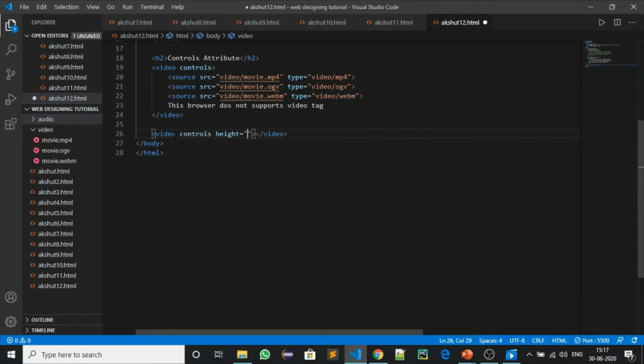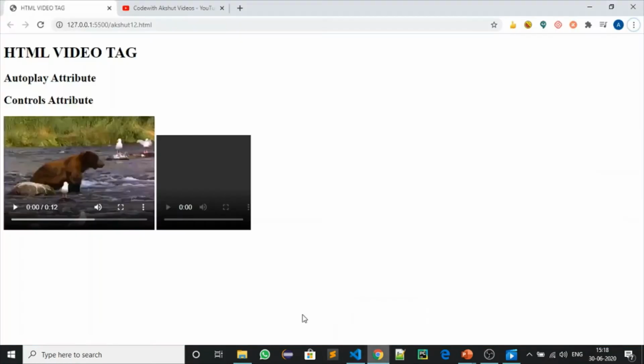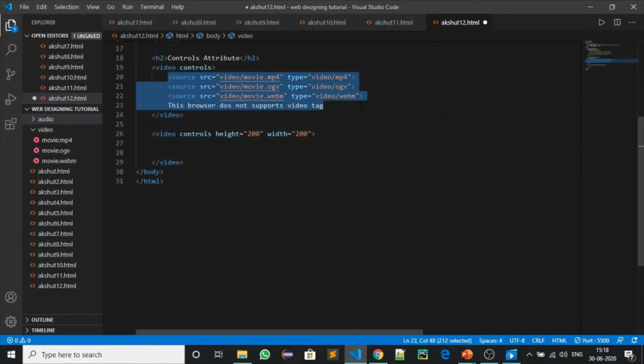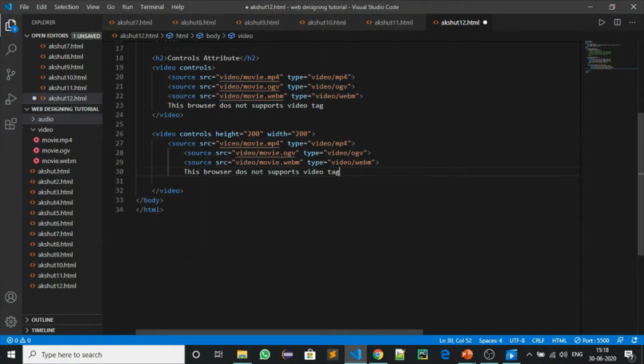I will write the height 200 and width 200, it will make a square for it by default. I will save it and I will go on the browser. So here is the square for it, but if we will not put, it will not display. So I have again to put this source here. We'll put this here, delete.